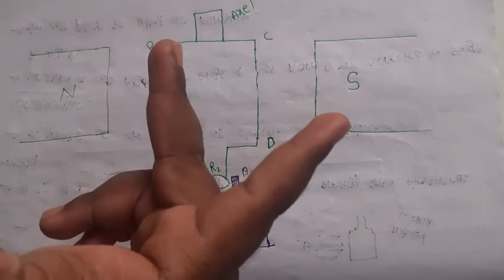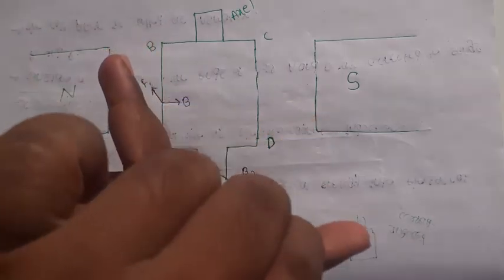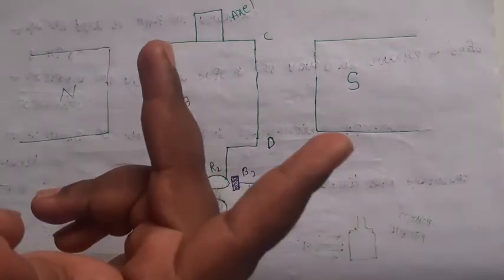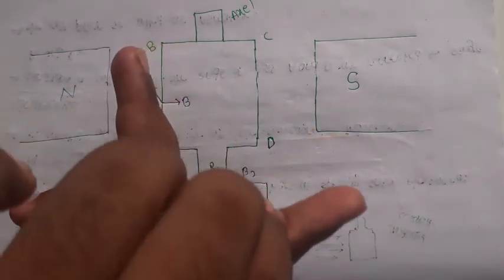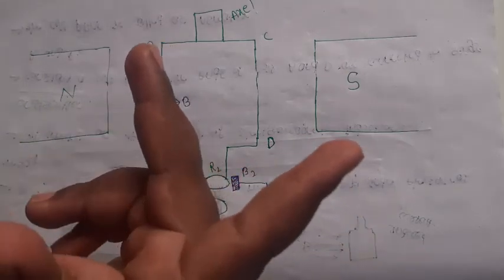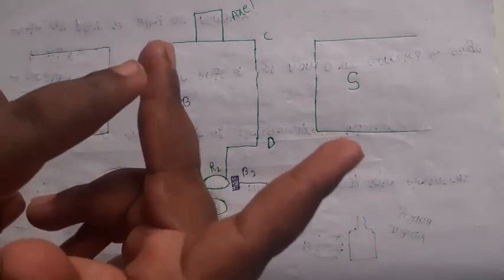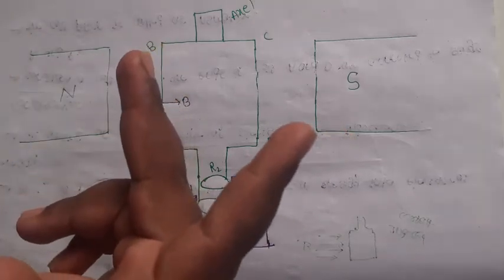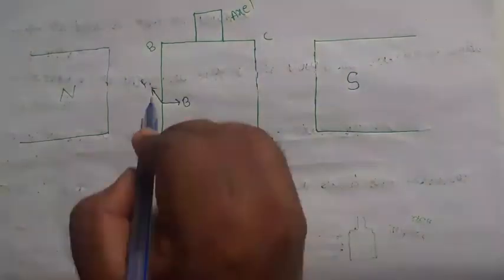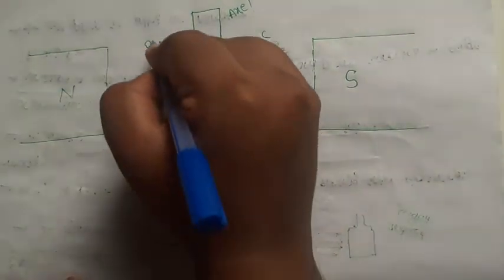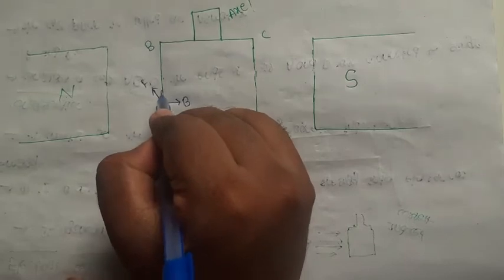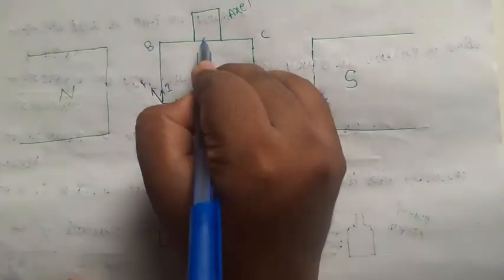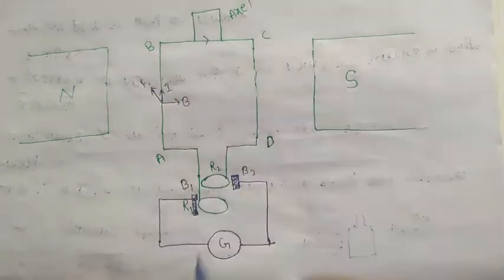So this is the motion of the conductor. This is the magnetic field direction from left side to right side. I am aligning the motion of the conductor and magnetic field fingers. The remaining finger, the middle finger, shows the direction of the induced current, that is A to B. So in arm AB, current flows from A to B. This is the direction of current in arm AB. Similarly, it travels from B to C also.